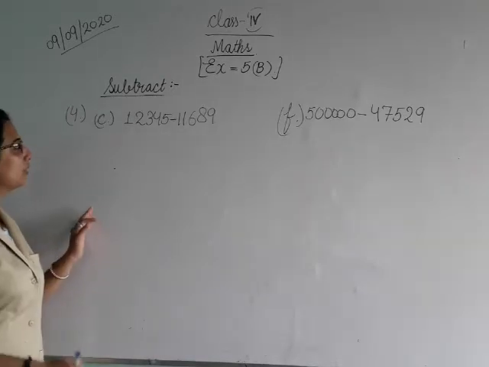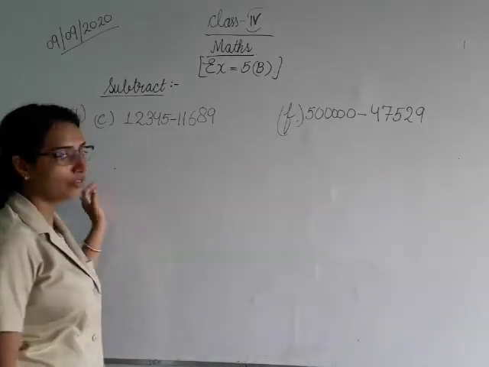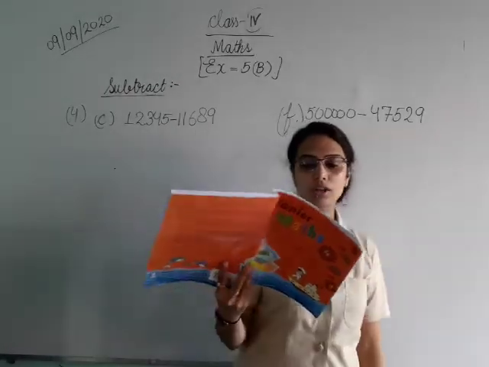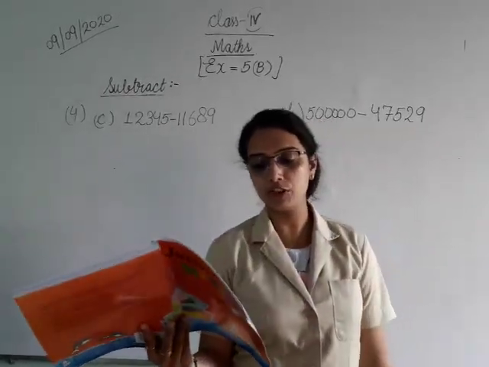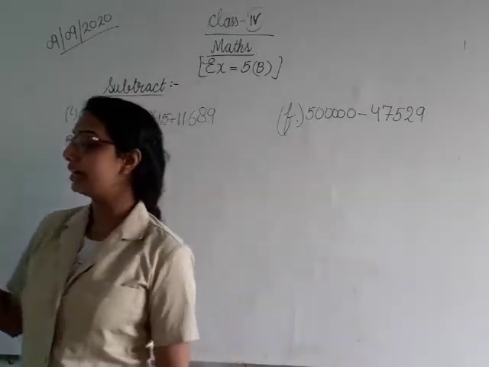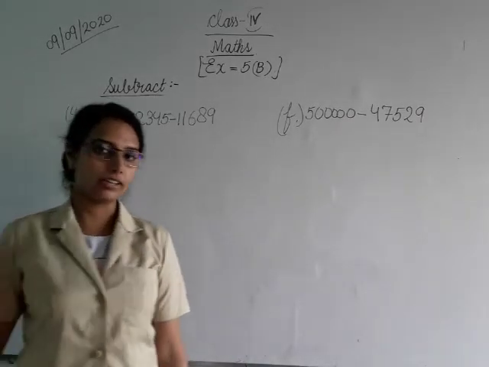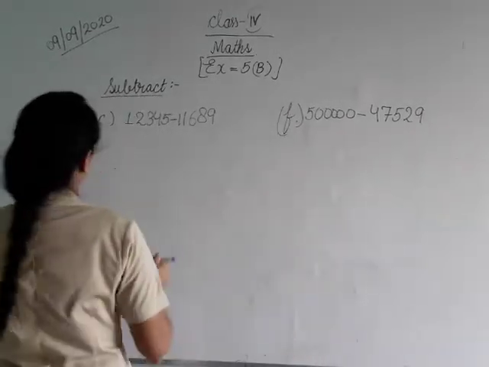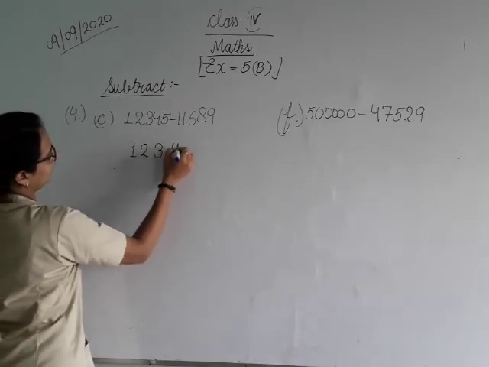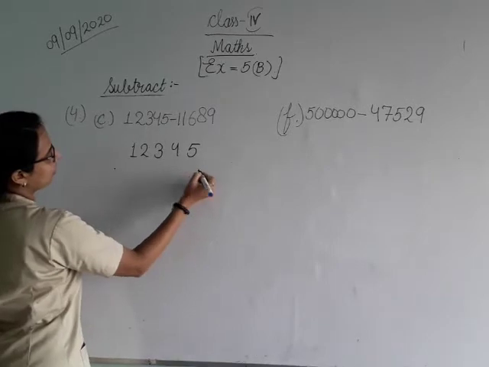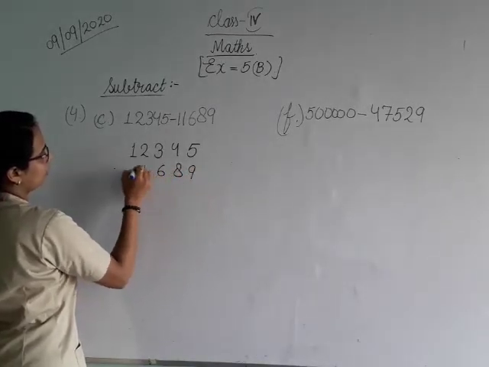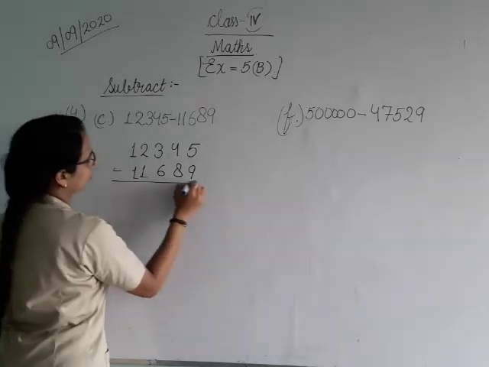Students, coming towards our next part, which is our 4th question. In this question we have to arrange in columns and subtract. The second thing we have to do is check the answers we get. Whatever answer we get, afterwards we have to check it. First of all, our first step is to arrange it in the column method. Then put from right to left 9, 8, 6, 1, 1. Start subtraction.